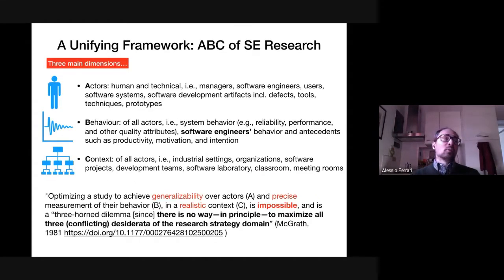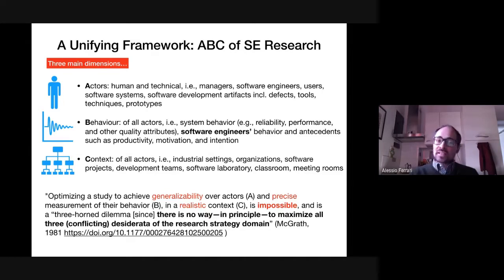First of all, why a unifying framework? Because there wasn't one, and everyone was using a different terminology. And this unifying framework uses three main concepts. It is ABC because these three main concepts are actors, behavior, and context. So what is a framework? It is a quite generic, general word that identifies a model to explain some concepts, a model of concepts and relationships. You could see it as a theory, as an ontology somehow, that describes the concepts in a certain area. The basic building blocks of this framework are actors, behavior, and